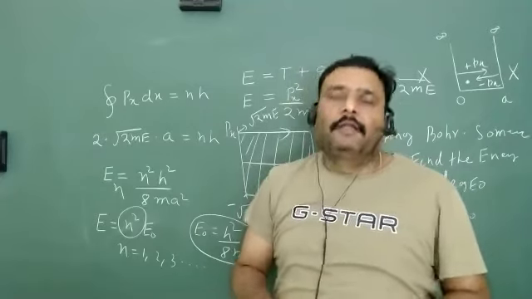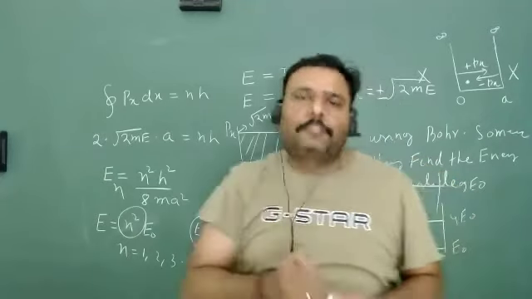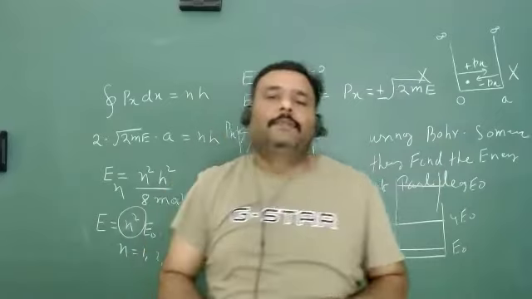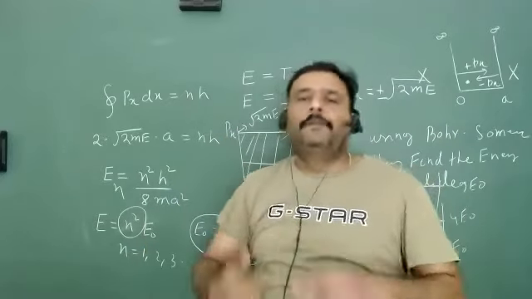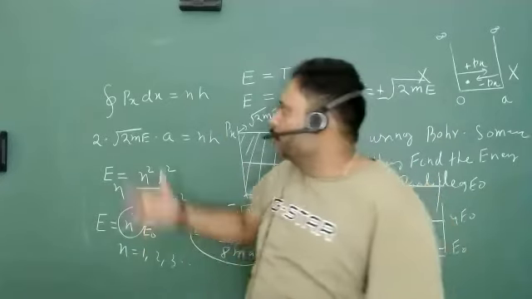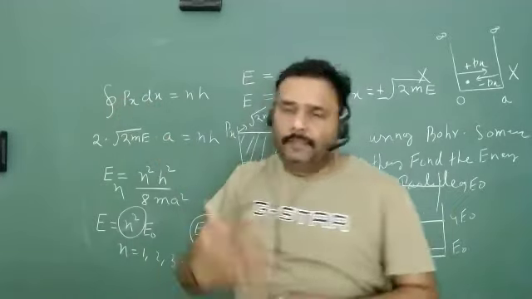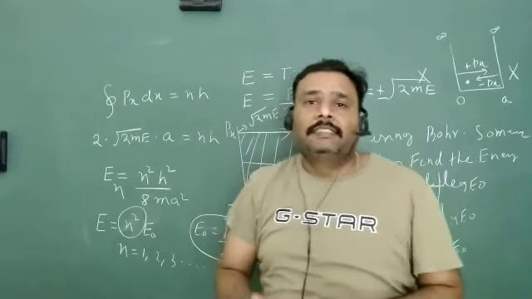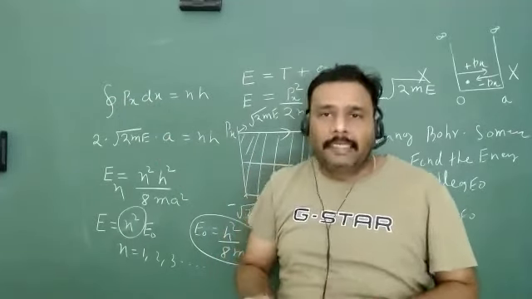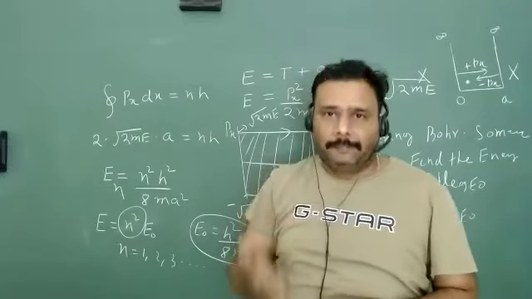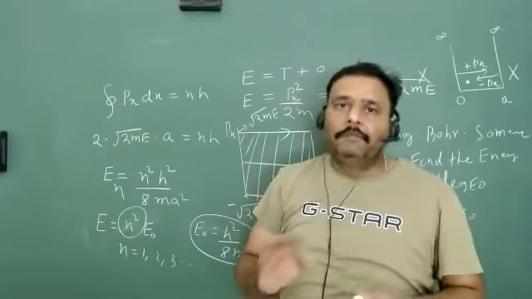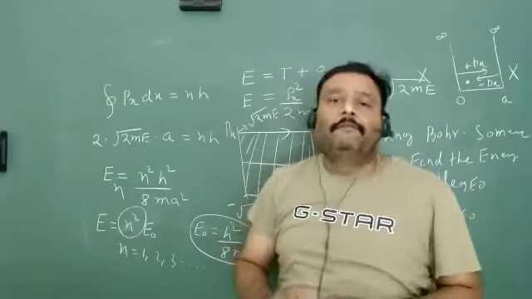So what have we learned? At the microscopic level, if a system is bounded or in periodic motion, and periodic motion means you can find a closed curve in phase space, then energy is not continuous but rather discrete in nature. We will try to verify this from quantum mechanics.